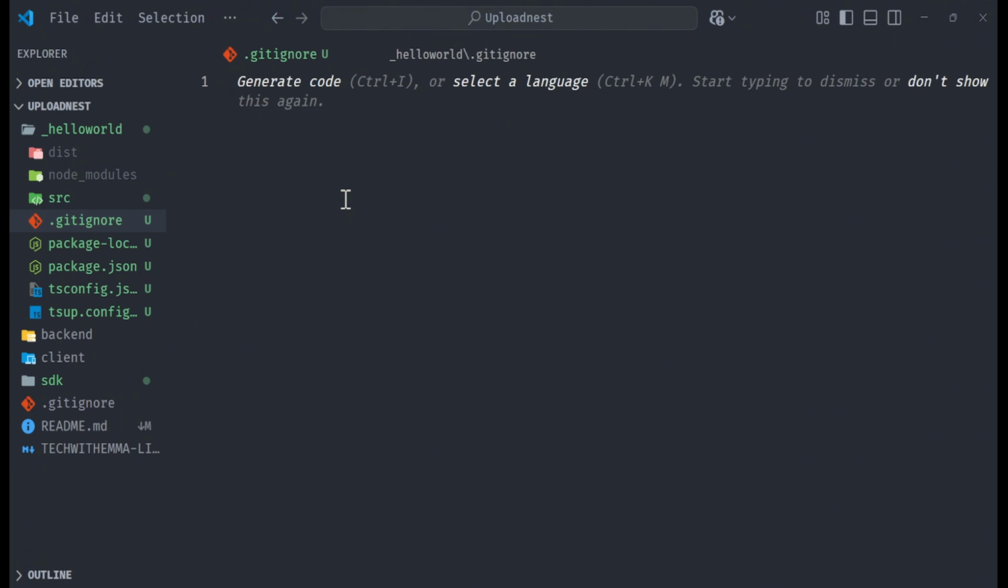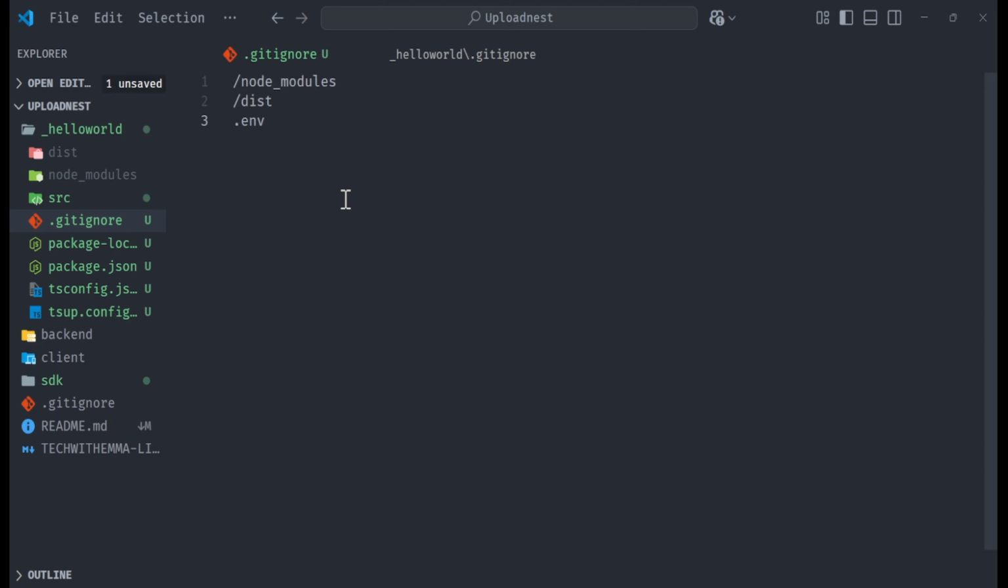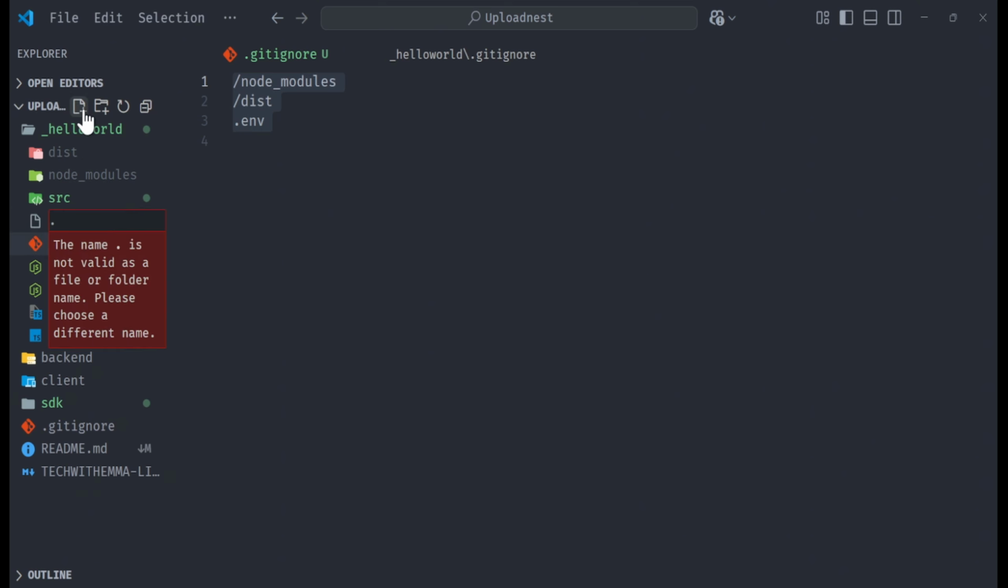So I'm just going to close this, and then I'm going to just paste this here. We're going to remove this when we're pushing to GitHub, and we're going to remove the env and node module. So let's create the .npm